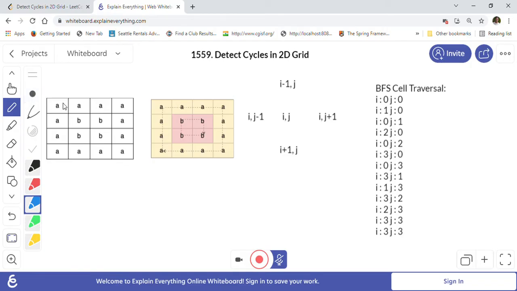When we are finding a cycle, it means that the values of all the cells in the cycle should match, right? So for example, if we start looking from this cell, which is the a 0 0 cell, then we can go in four directions as mentioned here. This one is the upward direction for ij, this one is downward, this one is right, and this one is left. So these are the four directions if we are at the ijth cell.